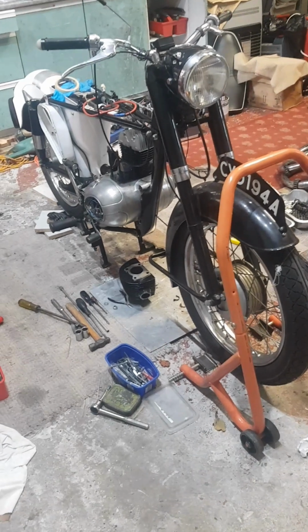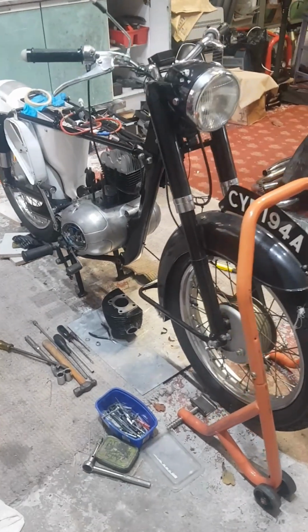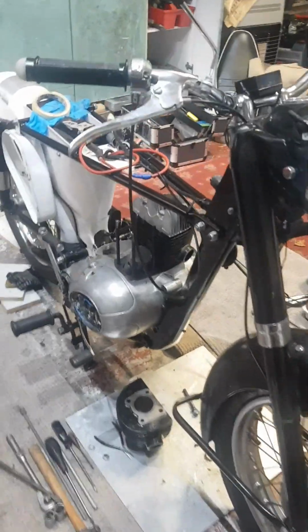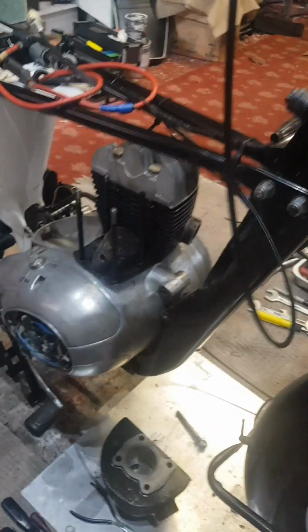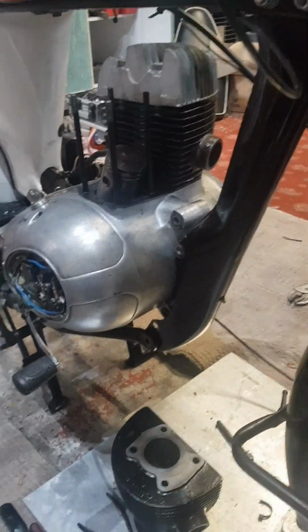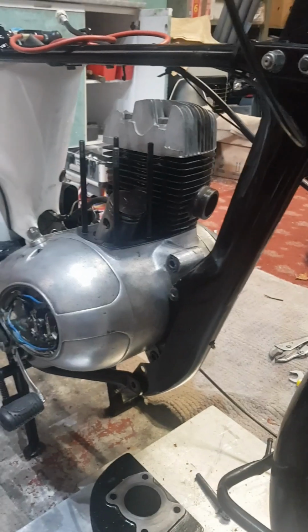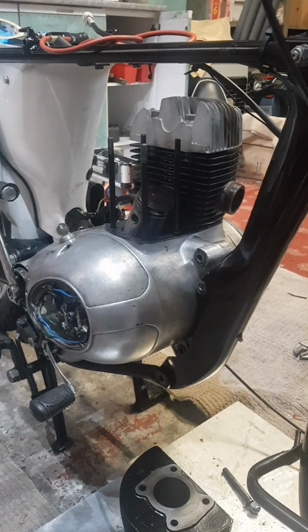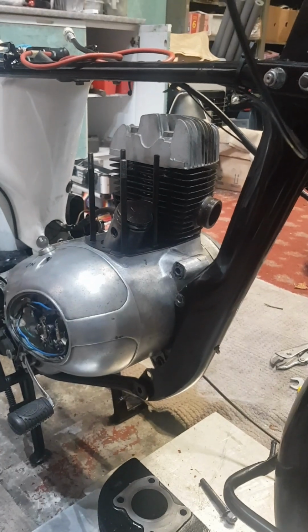Hi folks, this is a Francis Barnett Cruiser 89 with the Villiers 2T engine in it. The barrels in this particular engine need a rebore, so I set about trying to get the heads and barrels off without having to take the engine out of the frame. But unfortunately, I could only get the heads. The heads are easy enough to get off,